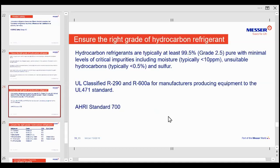The AHRI standard 700 essentially outlines the quality of the hydrocarbon refrigerant, and it's at least 99.5% pure, which is grade 2.5, with minimal levels of critical impurities such as moisture, 10 ppm, and unsuitable hydrocarbons, typically less than 0.5%,